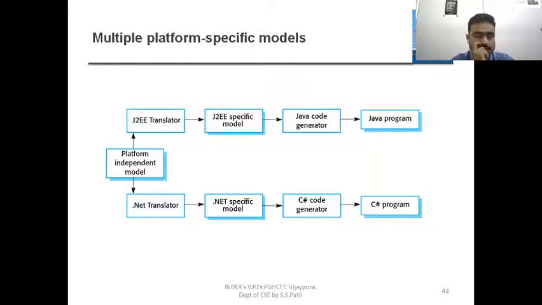Right now you are 30 students; some are interested in writing a small program in Java, some in C sharp, some in Python. You write it in your favorite language and then execute it. For executing, you require special software, that is the platform, and the .NET translator provides the platform for executing all these programs.